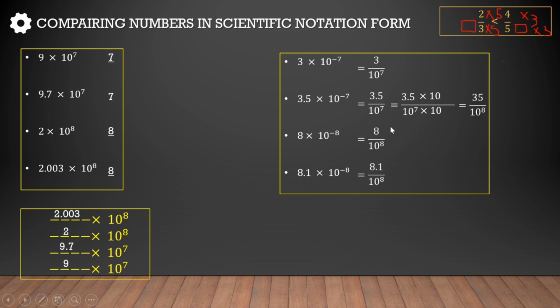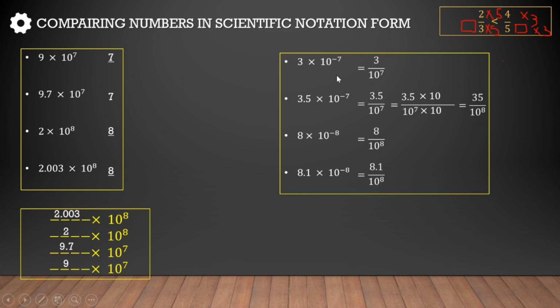Okay, so I would say there's no need for this procedure. We can say whenever we compare this and this, when we multiply with 10, this numerator will always be bigger than this. So in short, when we have to compare these numbers, we need not go through this procedure. We can just focus here. The piece size is going to be greater here because of 10 raised to power minus 7. It will become 10 raised to power 7 in the denominator. So these two numbers are bigger than this.